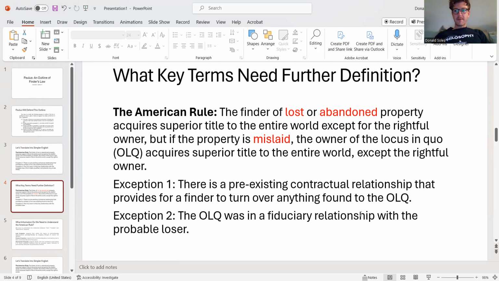These are all defined, by the way, in the Paulus article. I'm going to give you my gloss as well with some examples. Suppose you're walking in an amusement park and you reach into your pocket to pull out your phone. But when you do so, you also inadvertently pull out your car key and it lands on the ground and you walk away, never knowing that you dropped it. In this sense, the property is lost.